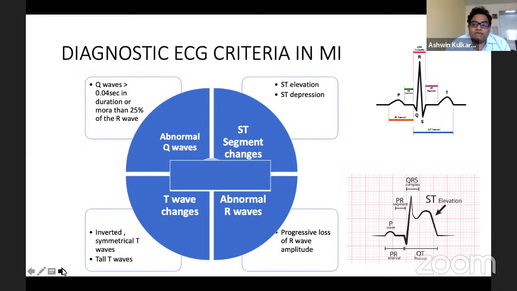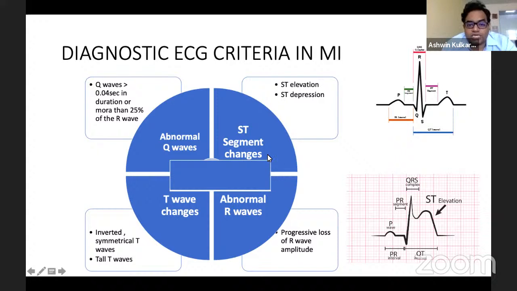So this is a very, very important slide for you all. What are the diagnostic ECG criteria in MI? These are the four things. Whenever a patient presents to you with chest pain or anginal equivalents, it could be sweating, it could be